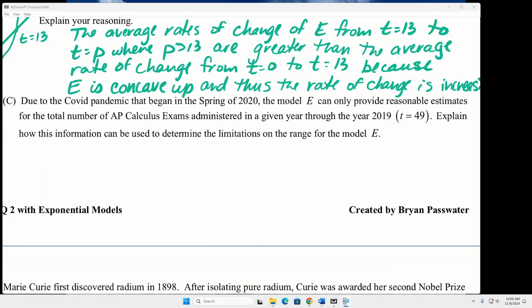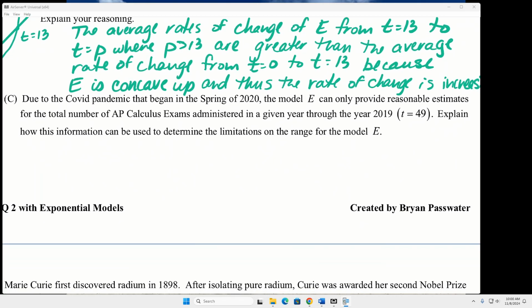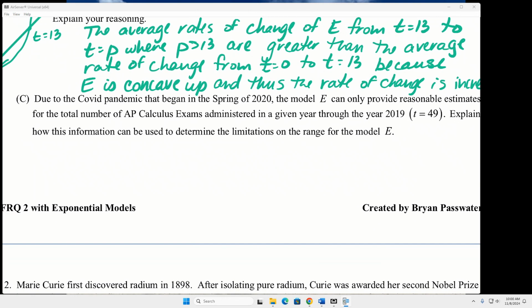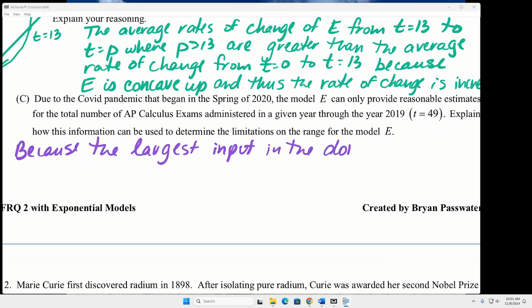Now you can find it. And whenever I was grading these, some people would find it, and that was okay. But that's not what they're asking you to do. You have to explain how you use it. And so how you would use it, you would say something like, because the largest input in the domain is T of 49,